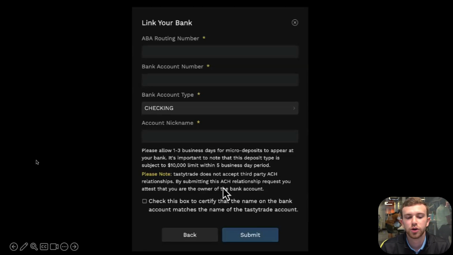And so when you link via micro deposit, it can take up to 1 to 3 business days. As you see, there's this little note here that it can take up to 1 to 3 business days to arrive into your account, as well as there's a $10,000 limit within a 5 business day